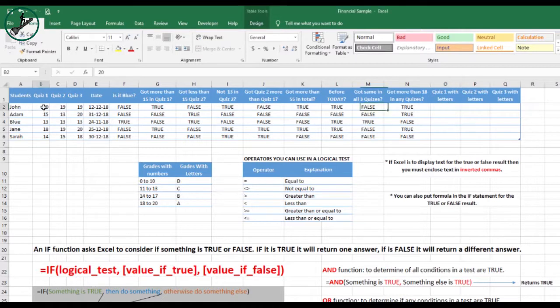In the table I have quiz 1, quiz 2 and quiz 3, and students' grades represented with numbers. Now we want to convert these numbers to letters. I have a little table here, grades with numbers and grades with letters. Now I am going here, quiz 1 with letters, equal sign,